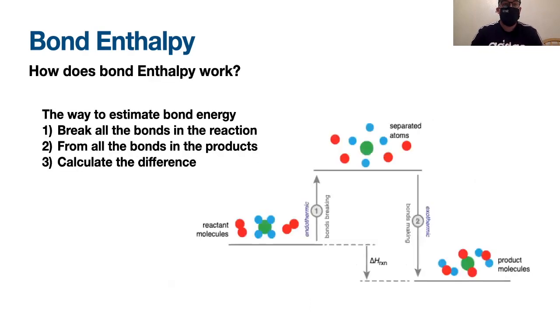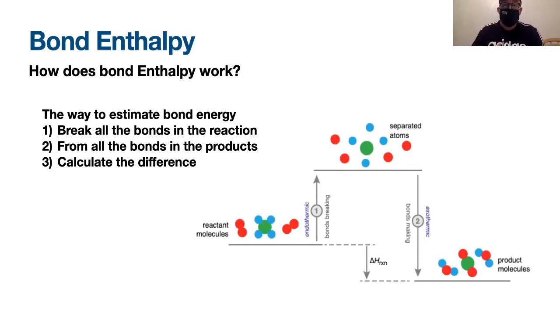So how does bond enthalpy work? The way that we do this is we follow this 3-step rule. We break all the bonds down in the reactants, we break all the bonds down in the products, and we calculate the difference. Here on the screen, we can see the flow diagram of bond